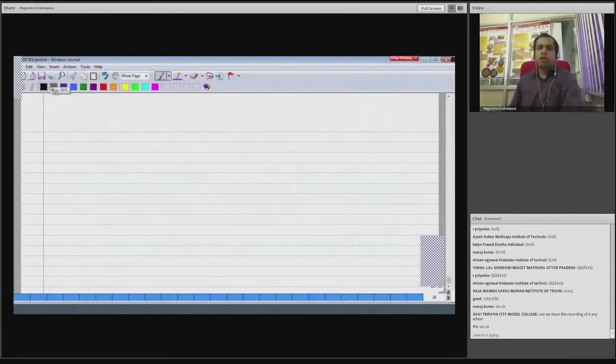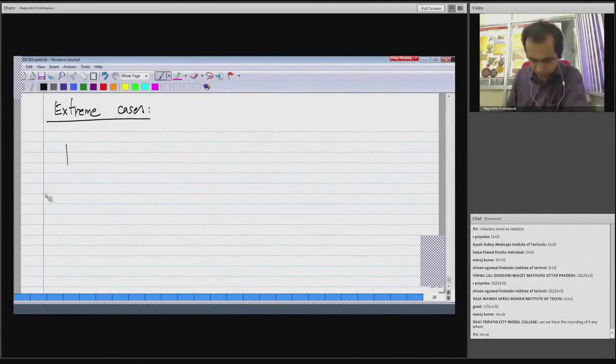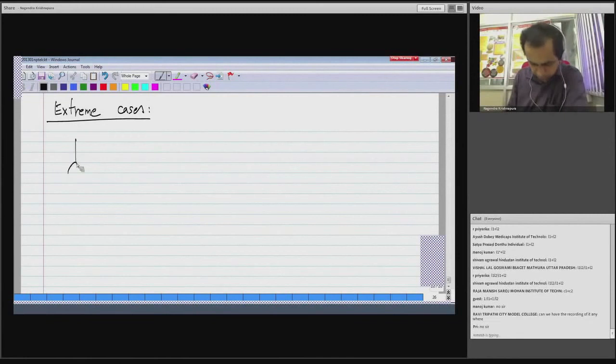Now we can look at certain extreme cases of element values. Now let me start with a voltage source